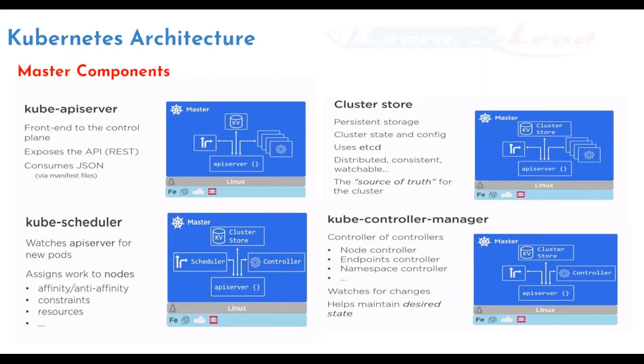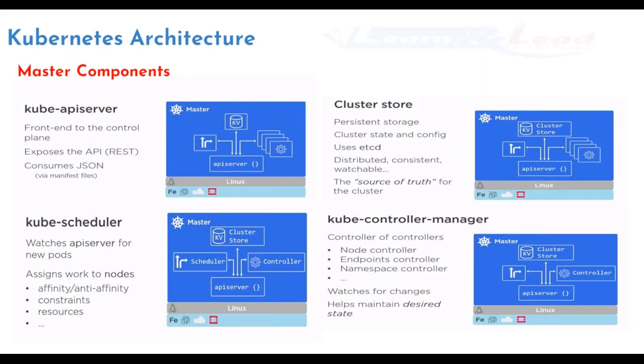Now the API server is the front end to the control plane. When you talk to the master, it means you're talking to the API server. You give a request to the API server, and it takes the request from you in a JSON format or a YAML format. You give all the instructions to the master, which is nothing but the API server. In turn, the API server takes care of deploying them into the cluster. That is the purpose of your API server. It reads your instruction and delegates the work to the various components in the cluster.